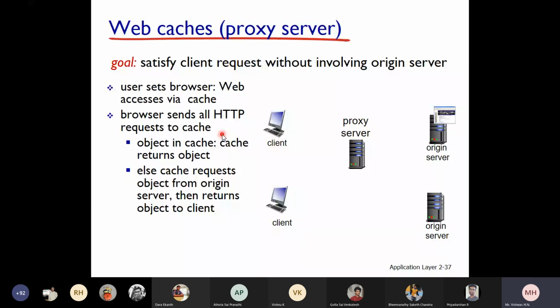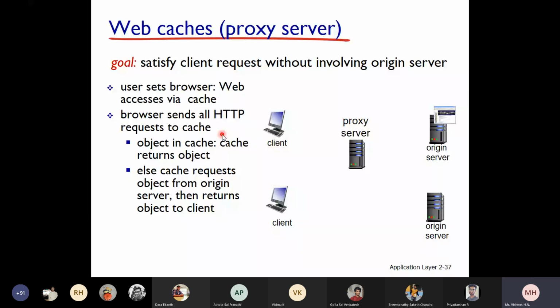Now this institutional link has a 1 Gbps link, whereas the external public internet link has only 1.54 Mbps. Imagine the difference. So these institutional systems send requests to the server, and if this particular cache or web proxy itself has that web page, it will directly give it to you over the 1 Gbps connection. If it doesn't have it, that request has to go to the public internet, which is 1.54 Mbps. You can see the difference there, students.